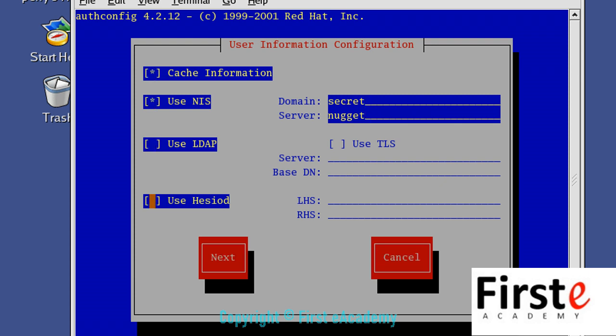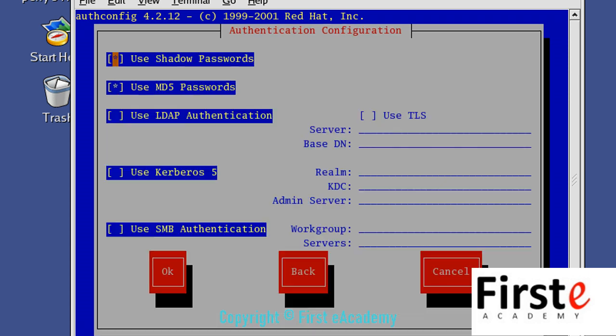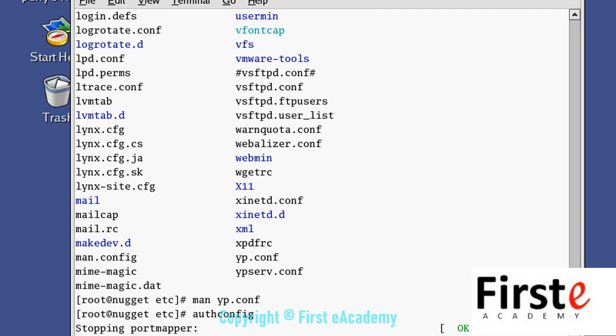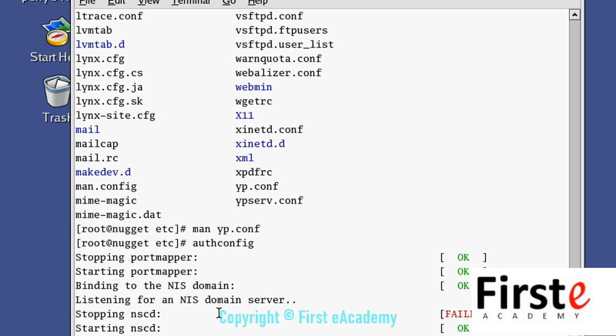I just skipped by it again. No, there we go. Okay, hit enter, and now it's showing the authentication configuration. In here it says using shadow passwords, using MD5 passwords. I'm not going to mess with anything on this screen. I'm just going to say okay, and now you can see a few things happen when I exited